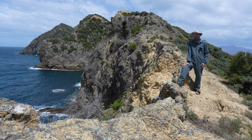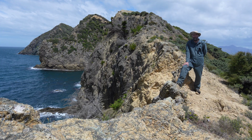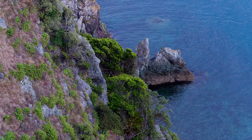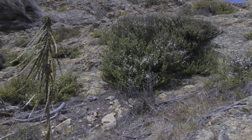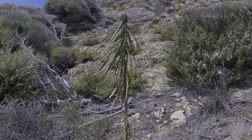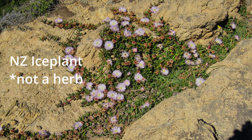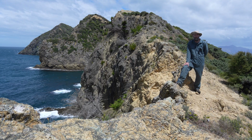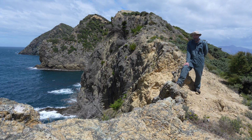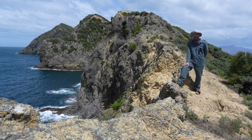These slopes, apart from Sophora molloyi, also have quite a lot of interesting little plants. There's rengarenga lily, there's Pseudopanax ferox will come away here, as well as in the more stable shrublands. Prostrate herbs. There's a few of the small relative of Melicytus ramiflorus, mahoe, which is a subcanopy tree here, but we've got